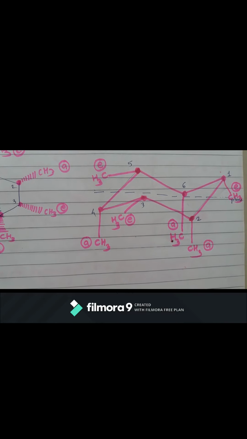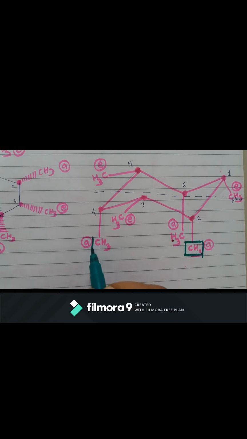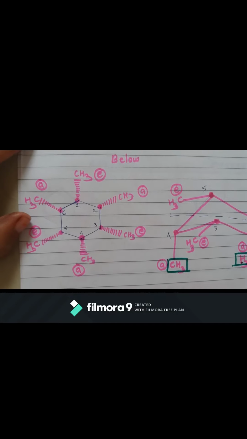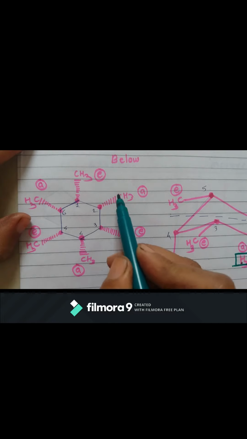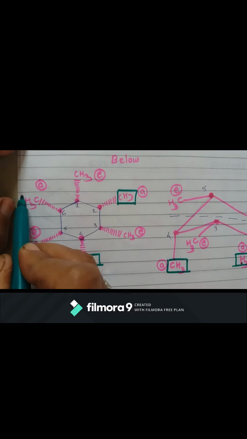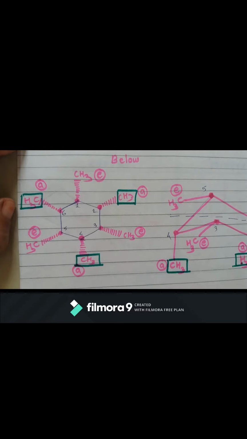So now circle how many of the methyl groups are axial. So you can see the methyl group at second, the methyl group at fourth position, and methyl group at the sixth position, they are axial. Okay, so mark them here also. The methyl group at second position, they should match. Okay, the methyl group at fourth position and methyl group at sixth position, they are axial.